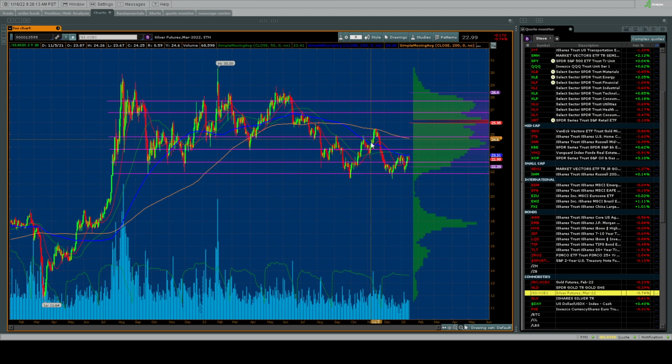Did it shoot higher like everyone was hoping? And I did the show on, say, hey, look, it double bottomed. Well, it double bottomed right into the bottom of the 100-day moving average and got rejected. Came back down. Buyers once again said, "This is it, man. We got another chance to buy here," and they did. It smacked right into the bottom side of the 100-day moving average and got rejected.